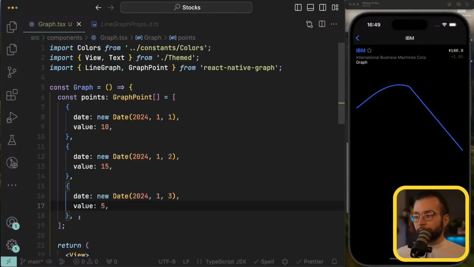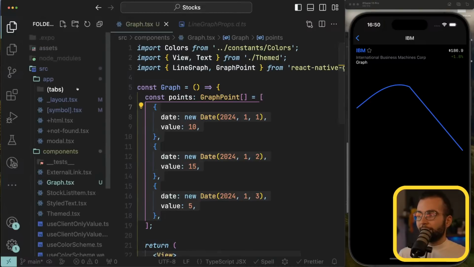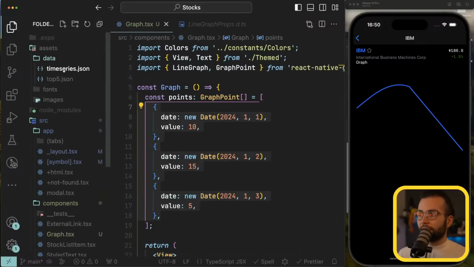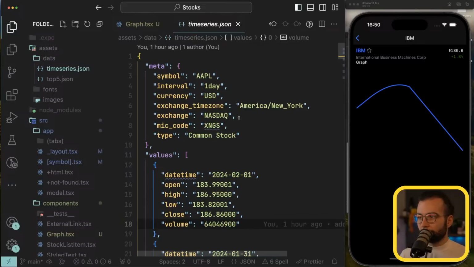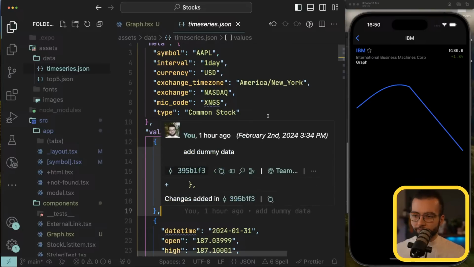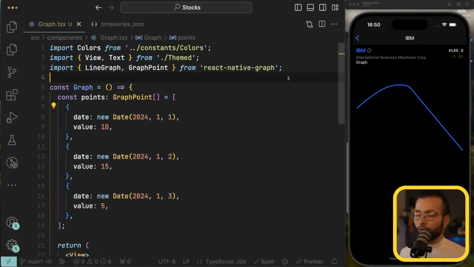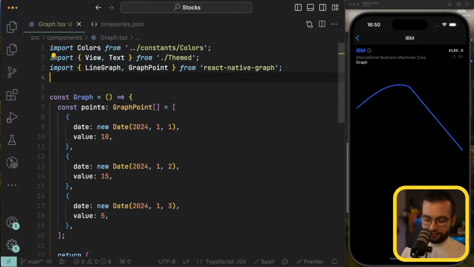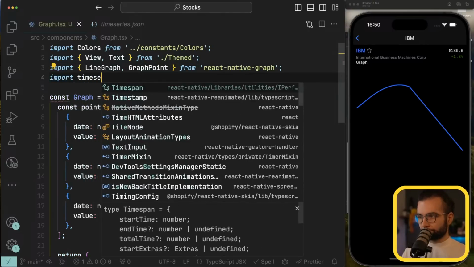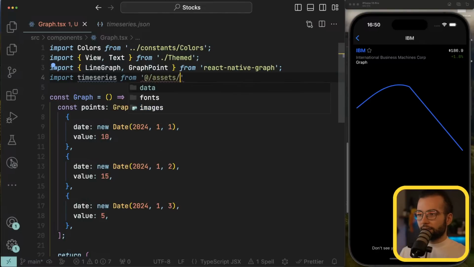Instead of hard coding all of them, let's go ahead and use the time series that I have prepared for you. The time series coming from assets, data, and time series.json. This later is going to be fetched from the API, but now let's use the dummy data so that we can focus on rendering the graph and not thinking about how to fetch data. So let's go ahead and import time series from @/assets/data/time series.json,